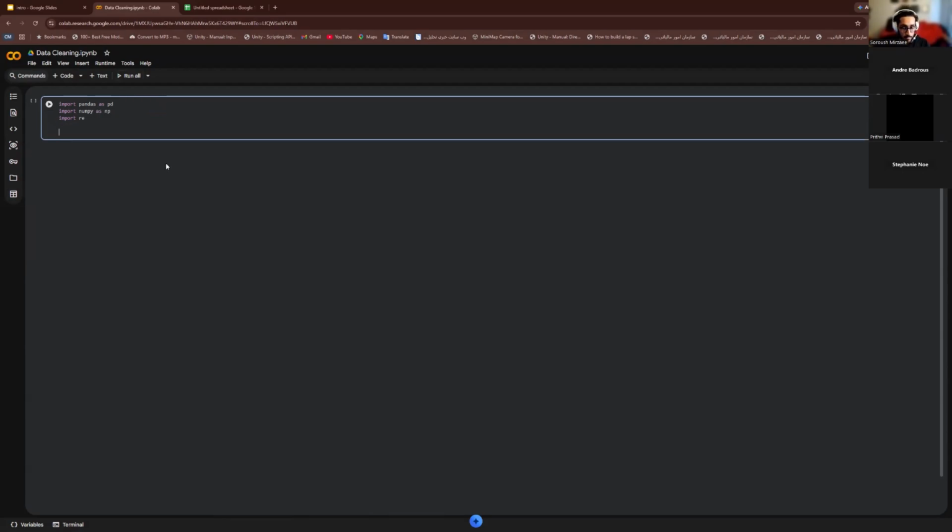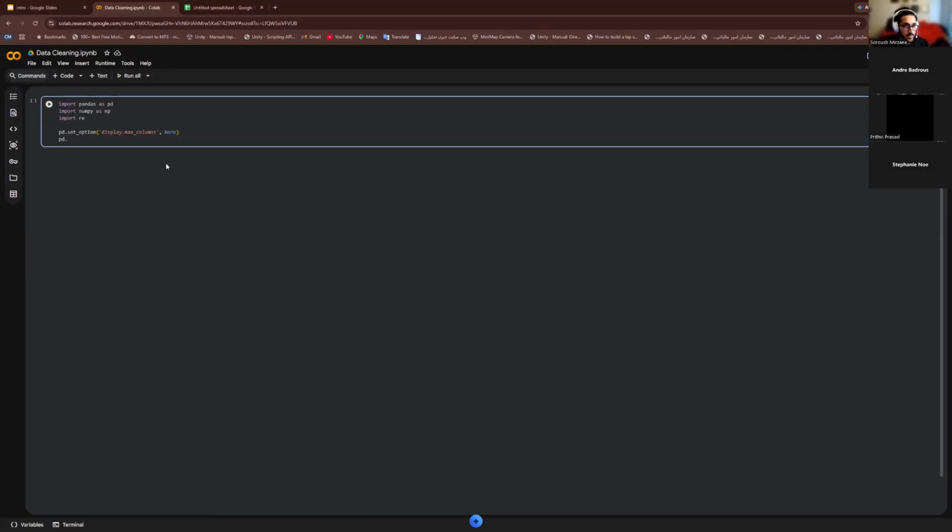And then for pandas, we're going to use a set function, max columns to none, and pd.set_option display.width